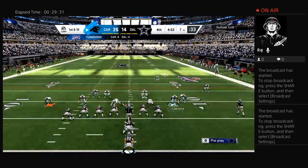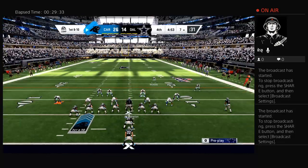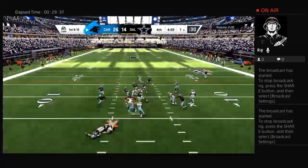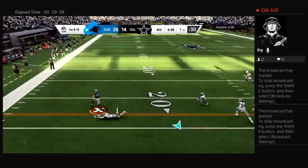The Panthers out there and ready to begin their next drive. Well, there are 2 scores on the plus side. Still time here in this 4th quarter, but maybe you start thinking about playing keep away. Yeah, I think